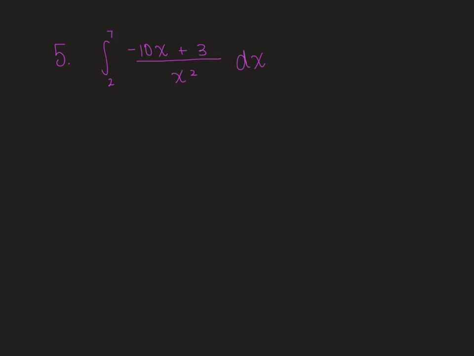You want to split up your terms here. So when you get started with this, you're not taking the integral yet. So I'm leaving the sign there, and then I'm going to separate my terms here. So it's negative 10x over x squared plus 3 over x squared. And that's all with dx. Okay, it's a notation that needs to be there because that told us that we took a derivative with respect to x. So now we're going to take our integral with respect to x. Okay, so you can simplify a little bit if you'd like. So we have negative 10x to the negative 1 plus 3x to the negative 2 dx. Now it's kind of set up for us like a polynomial, and you can continue on the rest of the steps